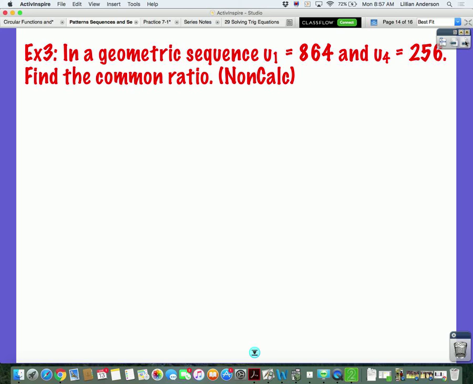But what we can do is something similar to what we did with arithmetic. When we took the two numbers and subtracted them and divided by where they were placed, we can kind of do something similar to that. What we can do is we can take the furthest out term, which is the fourth term. We can take that, and then we can divide it by the closer in term. Okay? And then we can set that equal to